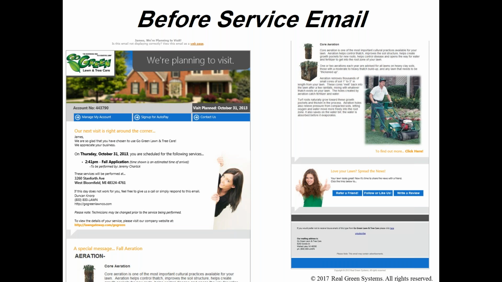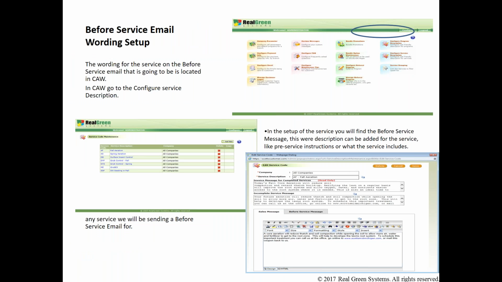We don't want to take from the invoice because the invoice usually talks about what you have done. This is going to talk about more of what you're going to be doing. So especially with aeration, you may want to put a message there to flag their irrigation system or flag their invisible dog fence. So it is found here on the last row under the service,